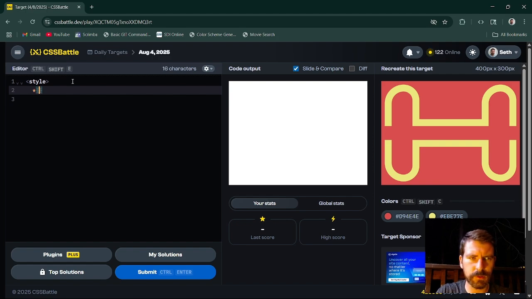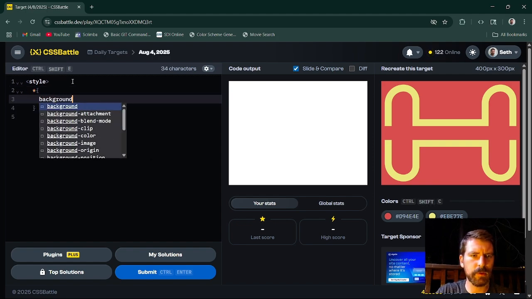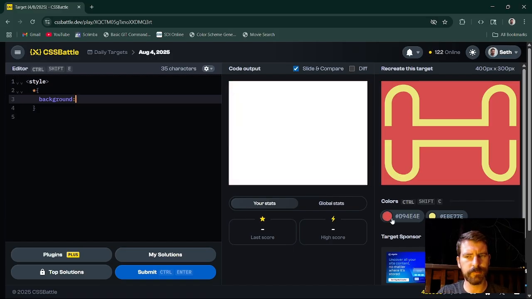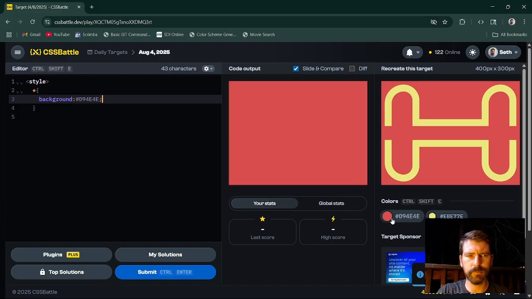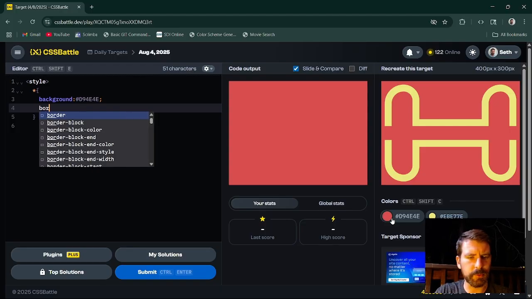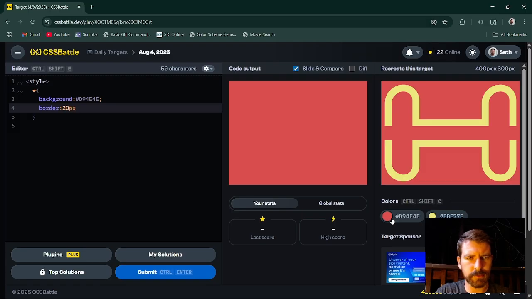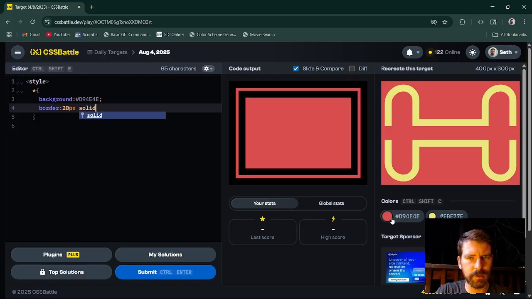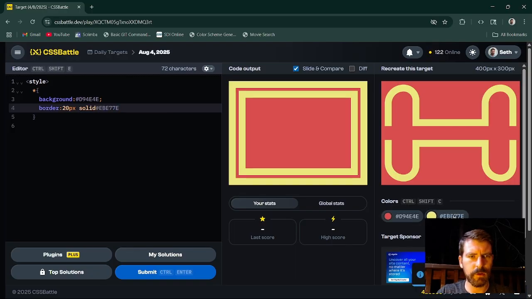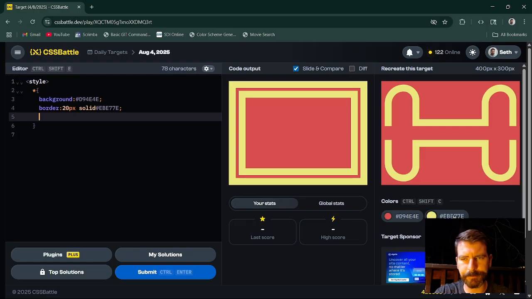Alright, let's go star. We're going to go background. It is going to be orange. We do need that. And then we're going to go border. It's going to be 20 pixels. I wonder if I can just do 5VW. That's going to be about, let's start out with 20 pixels and we'll change it after. Solid and yellow. And I'm trying to think how I want to change that color in a minute, but